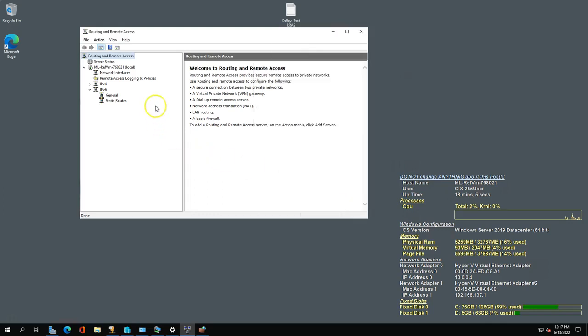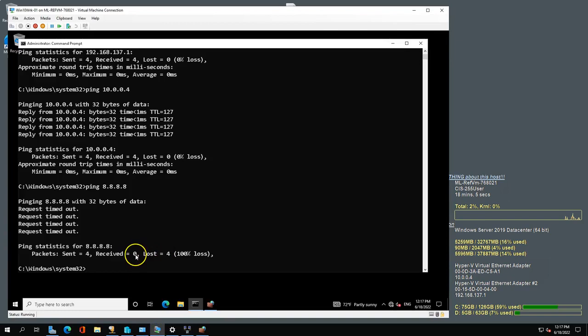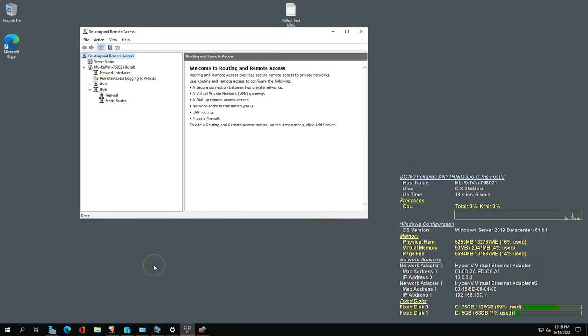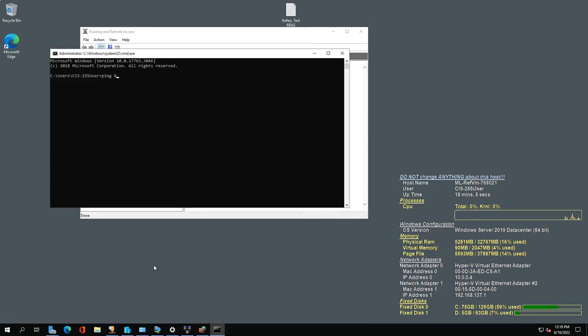Because in the past, setting up Routing and Remote Access on a Windows box with 2 NICs was as simple as I showed you. Right-click here, set up LAN routing only. It works up to the point where my nested VM on the 192 network can ping through its gateway to the secondary gateway, which is 10.0.0.4. And from the host machine itself, if I try to ping out to quad 8s,